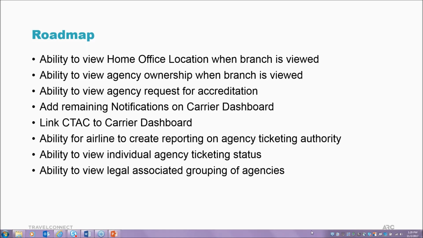This doesn't mean that these are applicable to any of you on the phone. You may have totally different ideas of what you need, and we certainly want to hear those ideas. That's the whole thing here. We want to make this the best one-stop shopping tool for you. So looking at this roadmap and then thinking about what you want, those are the types of questions that we